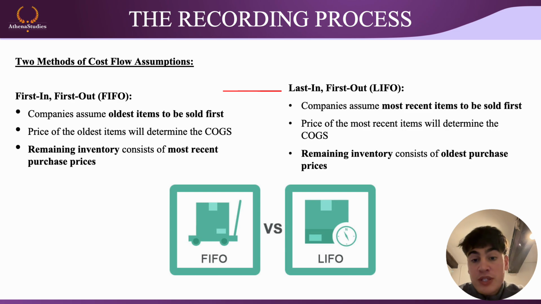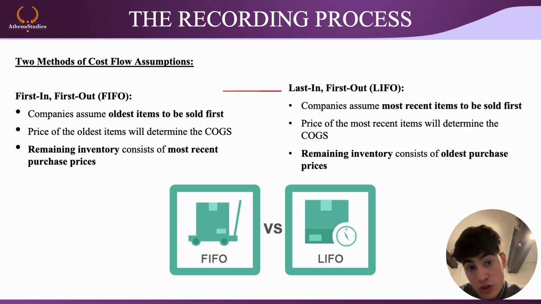Prices of the most recent items will determine the cost of goods sold, and the remaining inventory consists of the oldest purchase prices. So everything is the opposite of FIFO. And for LIFO,